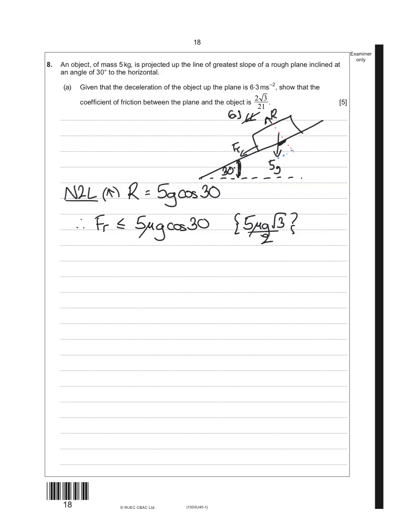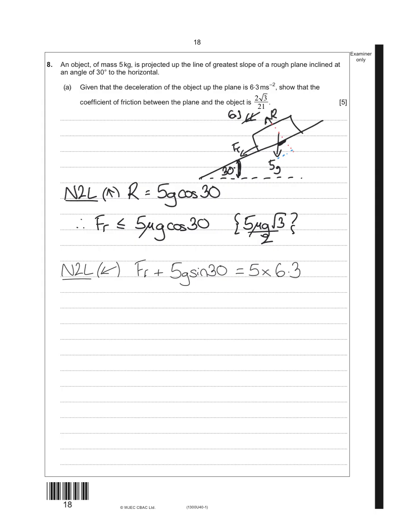Now we've got that, I think we can resolve parallel to the slope. My advice would be to take the direction of acceleration as positive, and then think about the forces that we've got. Well, we've got everything acting down the slope, haven't we? So we've got friction plus 5g sine 30, they're both acting down the slope. Nothing is trying to make this particle move up the slope, so that's equal to 5 multiplied by the acceleration,